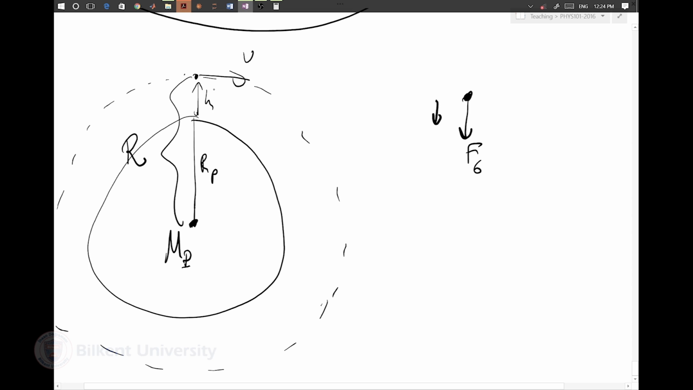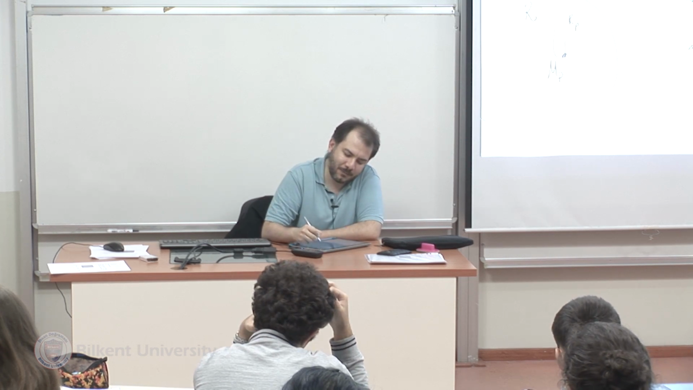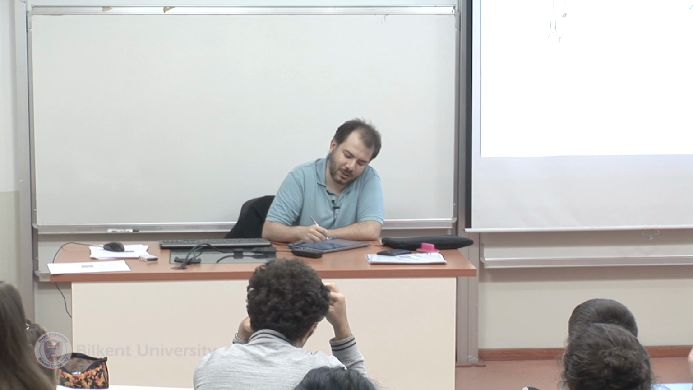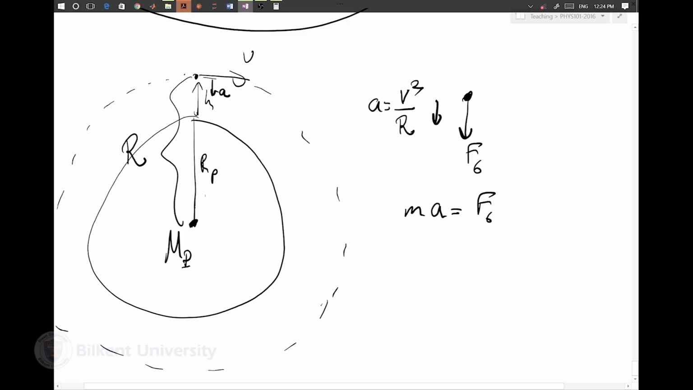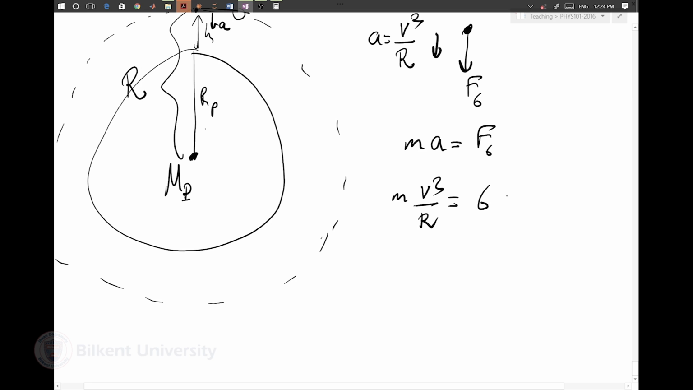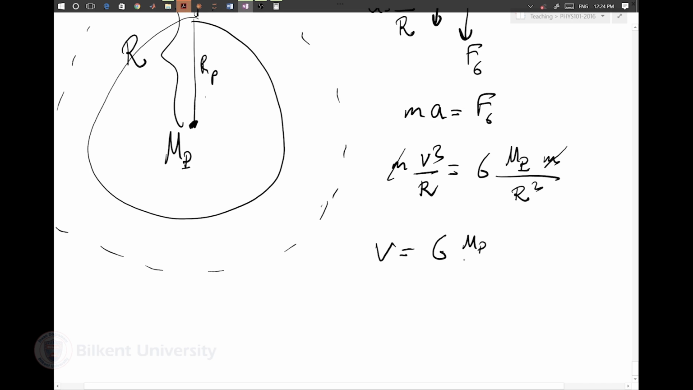Acceleration is towards the center, and its value is going to be v squared divided by r. So m times a must be F gravitation. M times v squared over r must be G M planet m divided by r squared. The m's cancel nicely. v must be G times M planet divided by r,